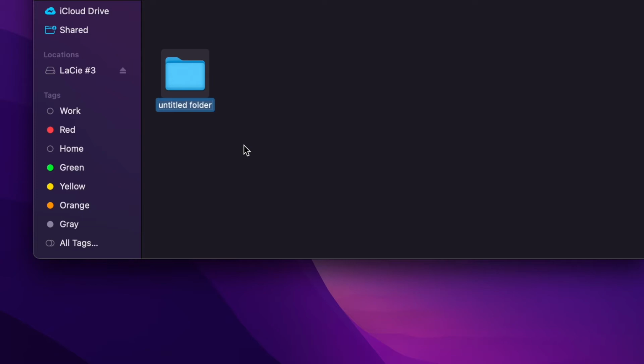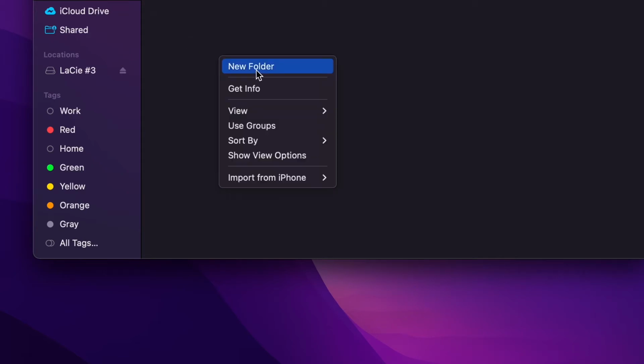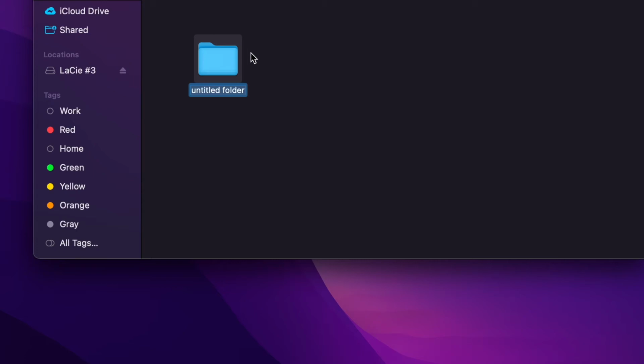So say we were saving something today. Today is Feb 22nd. And how I always save my stuff is, first of all, I'm going to save footage. I drag my stuff into here. We click on here. If it's February, we click on here, and then I'm going to save my stuff. And what I do inside this day folder is